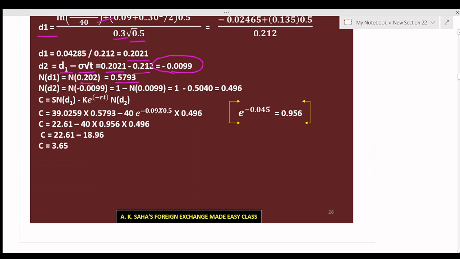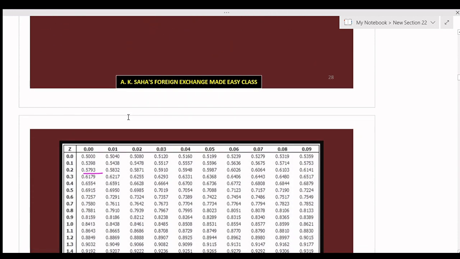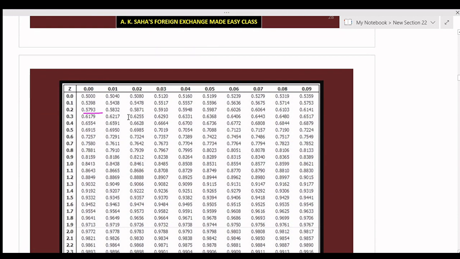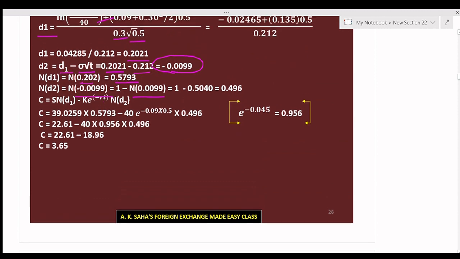0.5793. And d2, N(d2) is equal to N of minus 0.001, that is equal to 1 minus 0.0099, equivalent to 0.01. We have to find out the 0.01. 0.01 is 0.5040, and put the value: 1 minus 0.5040 is equal to